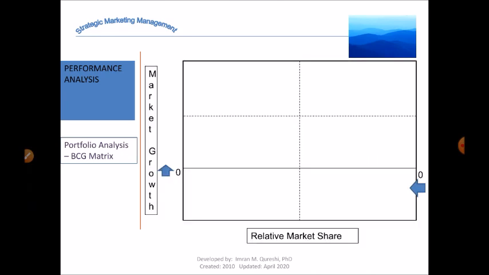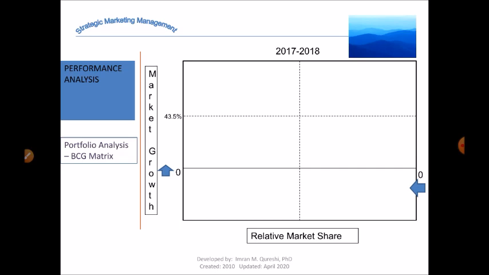We have this diagram here. On the y-axis we have market growth, and on the x-axis we have relative market share. And the first figure that comes here, obviously we're doing this for 2017 and 2018, is overall market growth. Now we need this because this is going to be our differentiation point for comparing the performance of the companies or the particular product or the SBU or the overall organization, whichever level you're doing it.